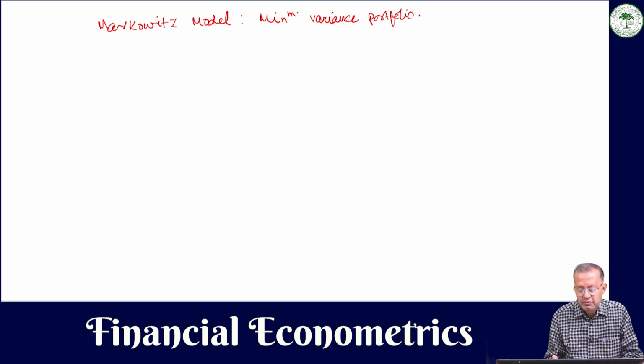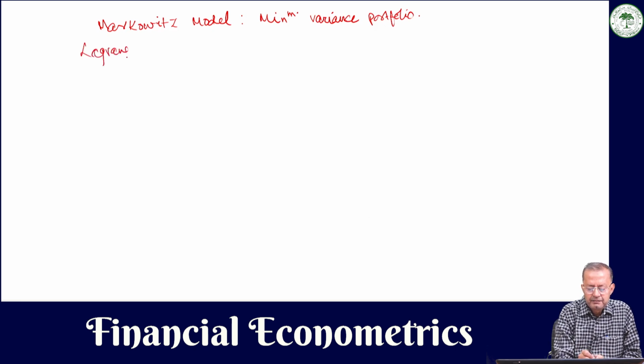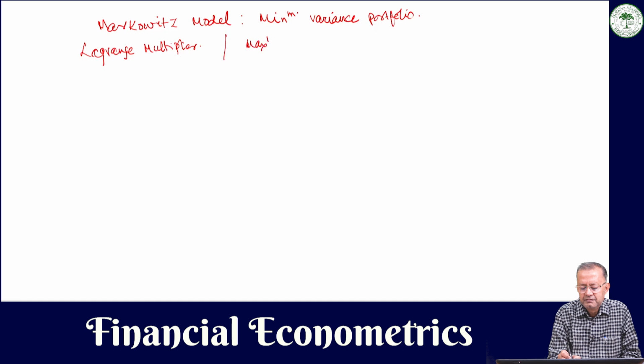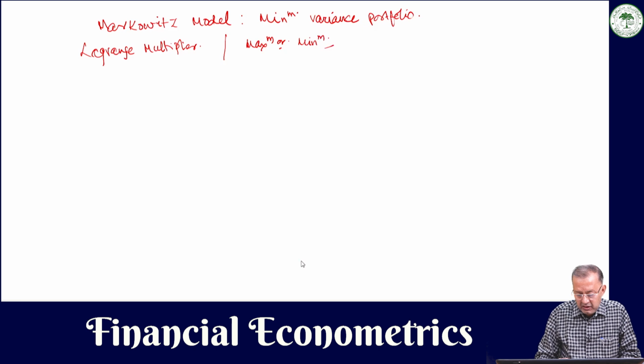Under this, we try to minimize the variance of the portfolio, the variance-covariance of the portfolio, subject to two constraints, and we had taken the help of the Lagrange multiplier with the mathematical tool of maxima and minima. For maxima or minima, the first order derivative should be equal to 0 with respect to the respective variables, and we reached